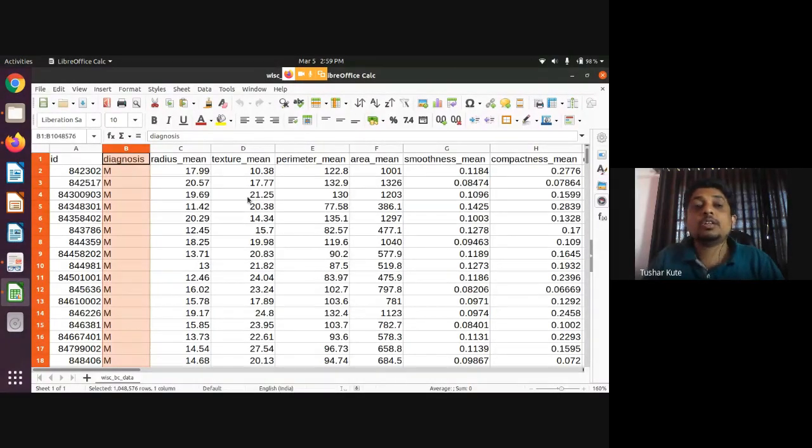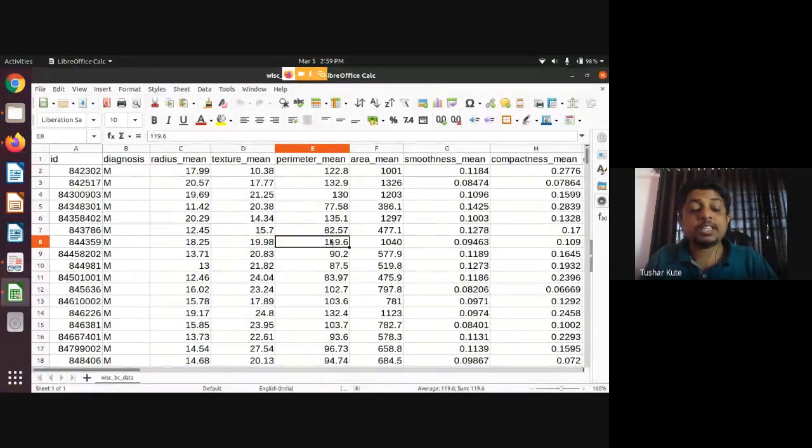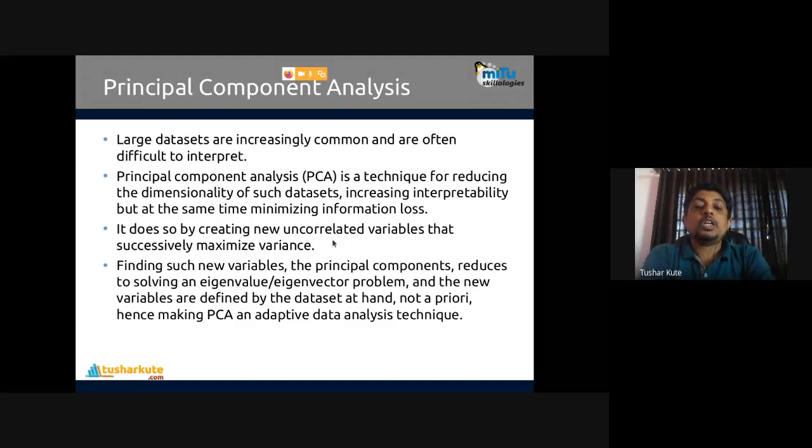So these features we can use, and we have to apply some criteria to reduce the number of dimensions needed for building a classifier, because your output is M and B only. Principal component analysis is a technique for reducing the dimensionality of such data sets, increasing interpretability but at the same time minimizing information loss.